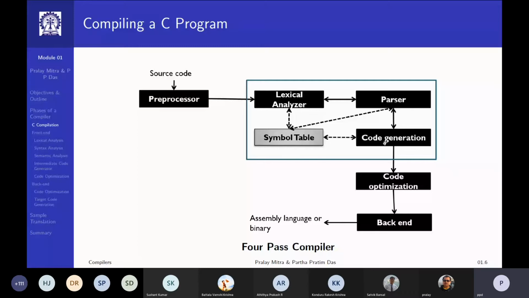So after the code has been generated, it will not be generated in one go into the assembly. It will be generated in some intermediate form, and then it will be retranslated into the final assembly. At these stages, there are various forms of optimization that you do. Otherwise, if you just blindly generate code, it will be very inefficient in execution. So you optimize all that, and then you get into the backend, which primarily targets a specific system, the specific architecture that you are working with.